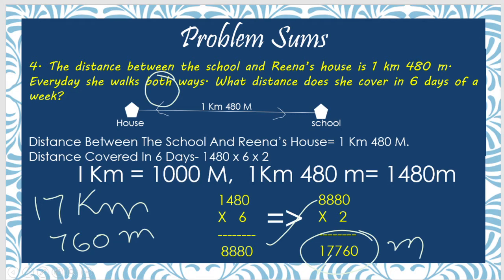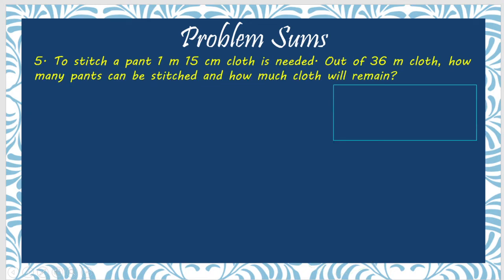Okay. The next question is again a problem sum. To stitch a pant, 1 meter 15 centimeter cloth is needed. Out of 36 meters of cloth, how many pants can be stitched? How many pants? It means again you have to divide. So, this much cloth is being given to you, and from the 4 mathematical operations, plus, minus, multiply and divide,